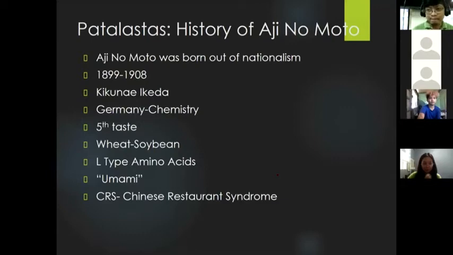So sabi ni Ikeda, based on his research in Germany, it was about their diet. There is something wrong about the diet of the Japanese kung bakit ang mga Japanese ay maliliit at ang mga Germans ay malalaki. And during nung pagbalik niya ng Japan, habang sila ay kumakain ng konbu, no? Itong konbu ay isang uri ng halamang dagat na sa Japan ay pinapakuluan yan, tapos yun yung kanilang pampalasa. Nang habang kumakain sila, sabi ni Ikeda dun sa kanyang anak,